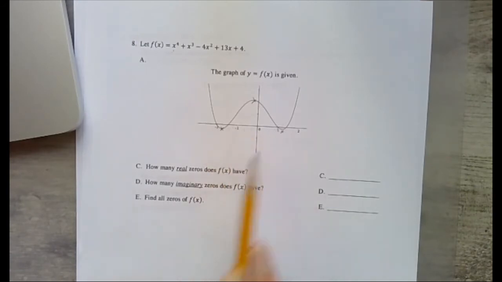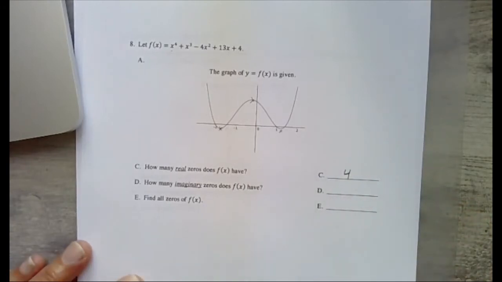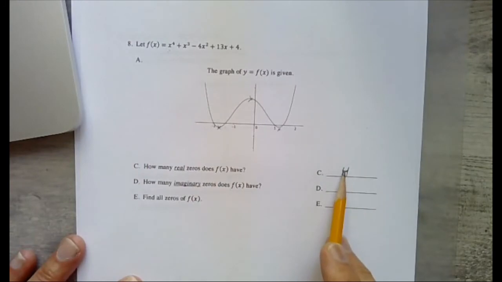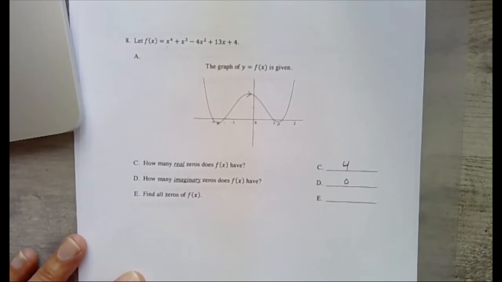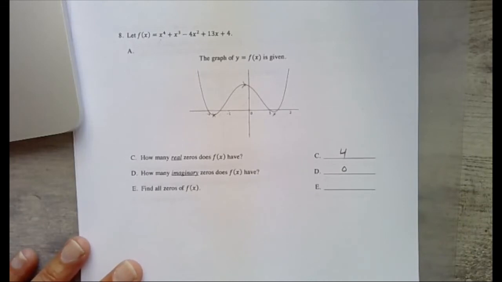I can tell from the graph that there's actually going to be 4. Okay. How many imaginary zeros? Well, if there's 4 zeros altogether and 4 of them are real, that means that there are no imaginary ones. Okay, and then we want to find the zeros of f of x. Okay, so again, if we didn't have the graph, we could look at